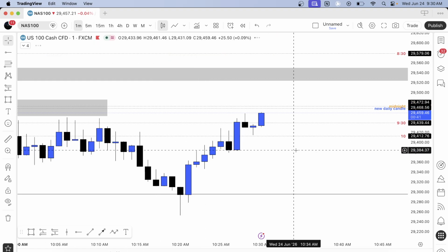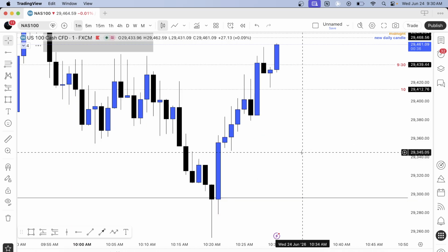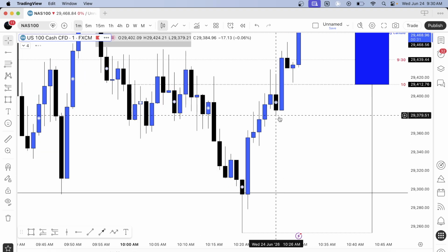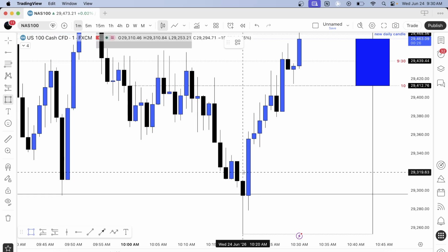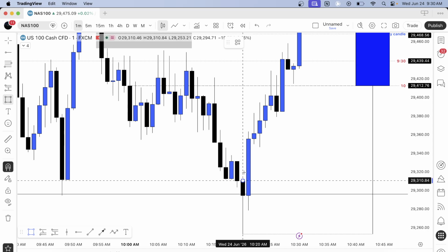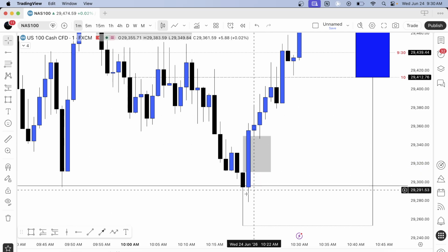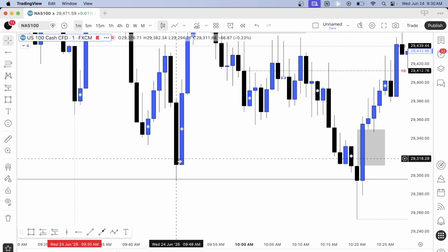So if y'all remember in my previous video, I said that we target these levels from 1 minute gaps if there is no higher time frame or like 5 or 15 minute gap, because if I'm executing on a 15, the 1 minute is still considered higher time frame. So I look to trade from this 1 minute gap after price reswept this liquidity after already taking previous day's low. We ended up taking it at 9:48.